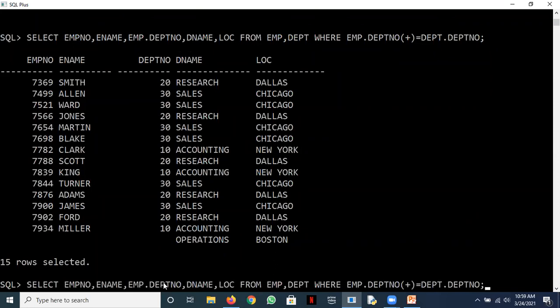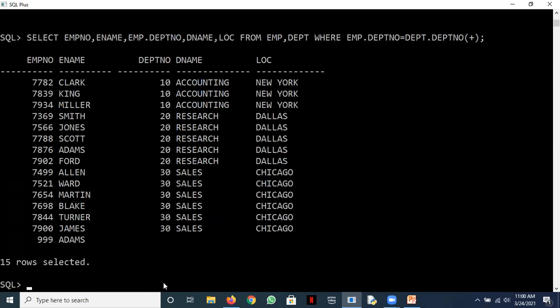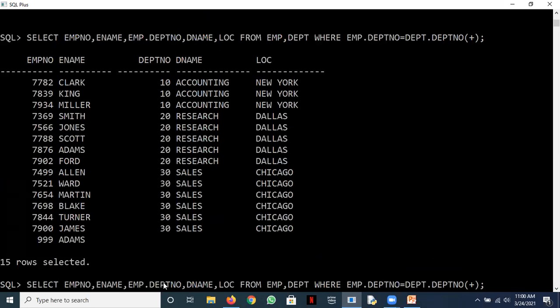Right. So now if I put a plus here, again 14 matching rows and one non-matching row should come from the M table. So that additional employee would come from there. What's missing now? Yeah, we don't need to put it here, we put it at the end of this. So you can see now 14 matching rows from both the tables and the non-matching row has come from the M table because the plus was put towards the department table. No rows would come from there.